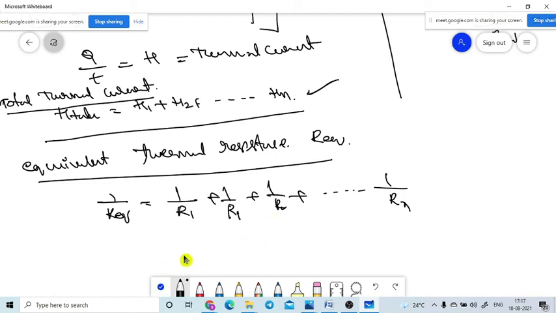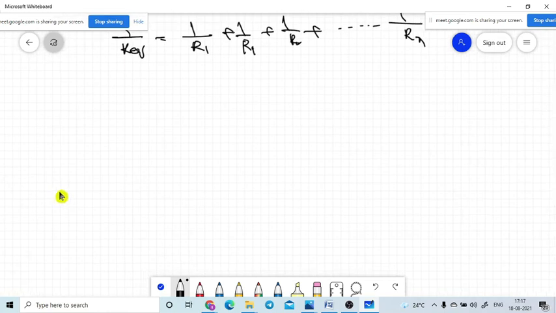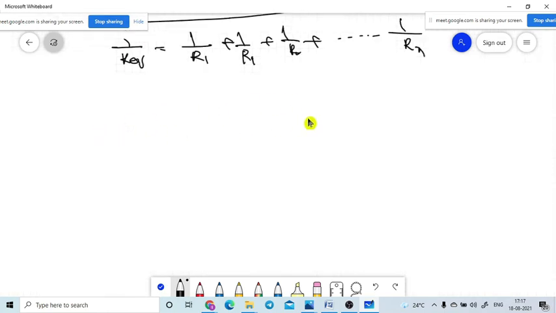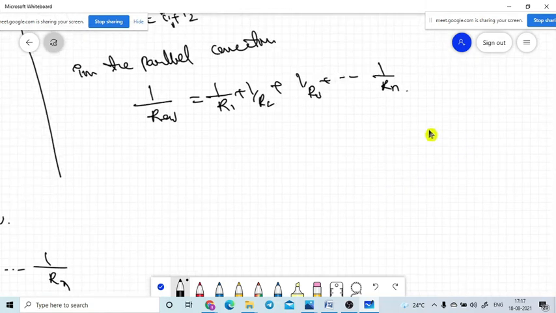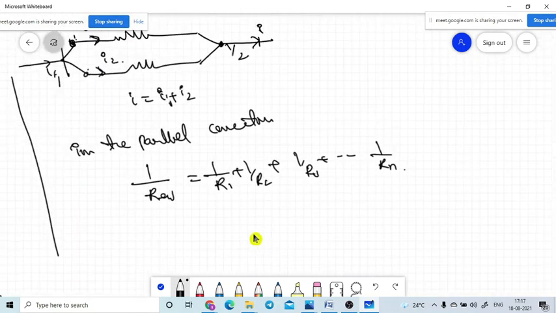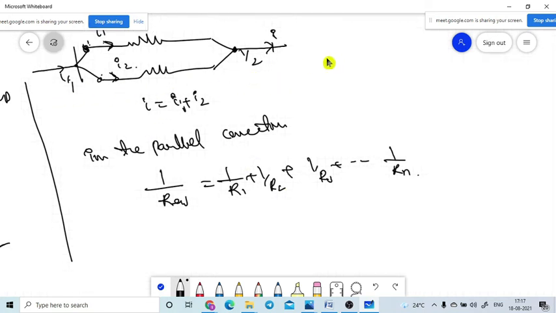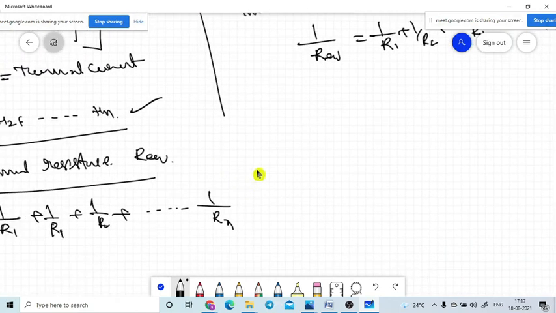But what is the common term? What is the same term in each and every resistor? In the previous series case, which one is common? If the resistances are connected in parallel, the potential difference V2 minus V1 must be the same. But in the potential difference, which one is the common term in this one?